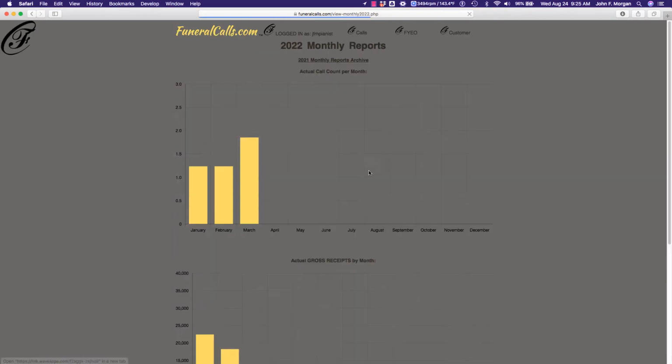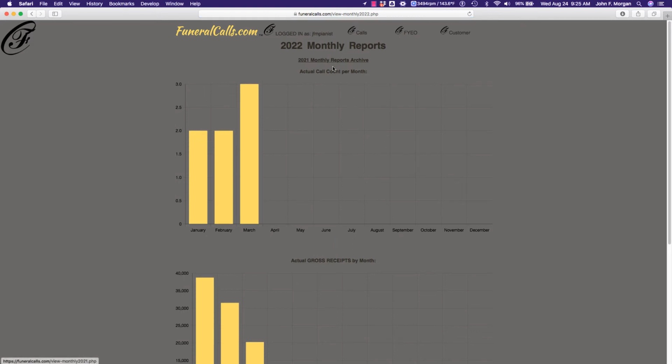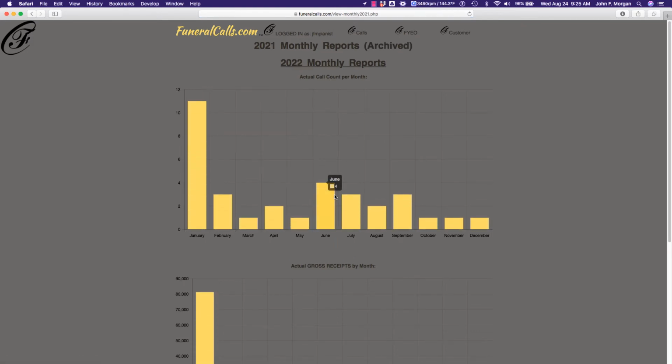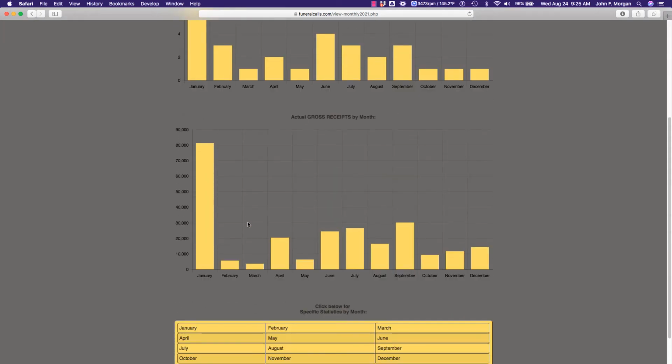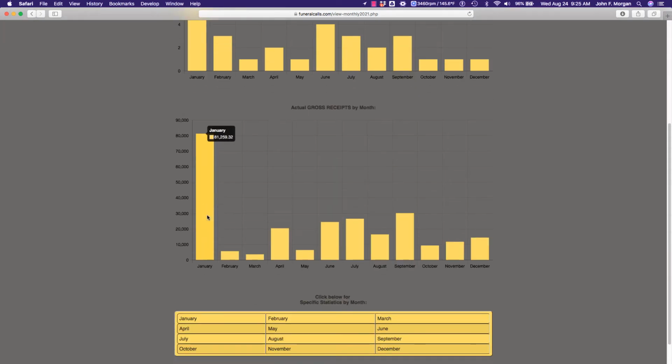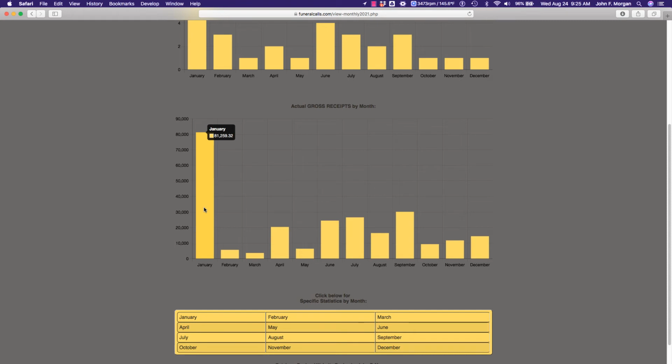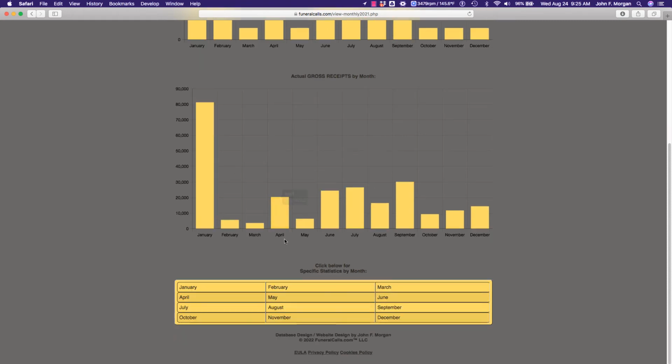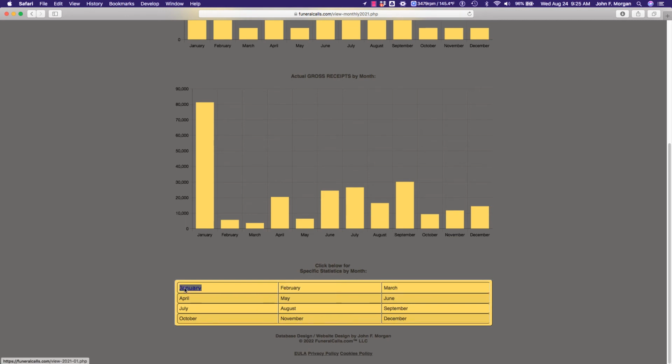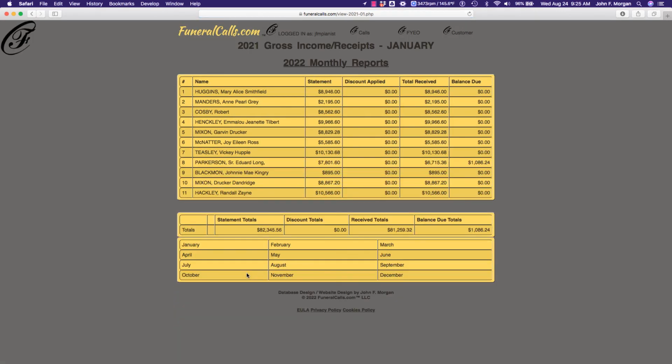If you want to see a monthly breakdown, let's look at 2021's monthly breakdown. You can see that in January we had 11 cases, 3 calls in February, 1 call in March. This is a small funeral home. Your actual gross receipts in January were $81,000 and change. In April were $20,000. If you want to see what happened in January by client, you click here and you